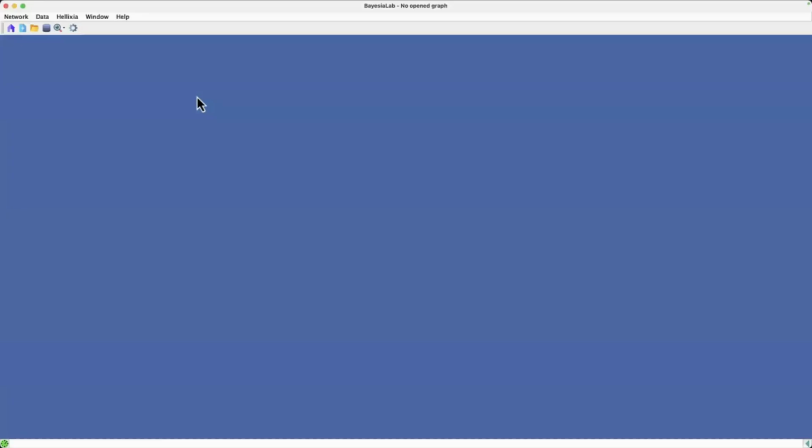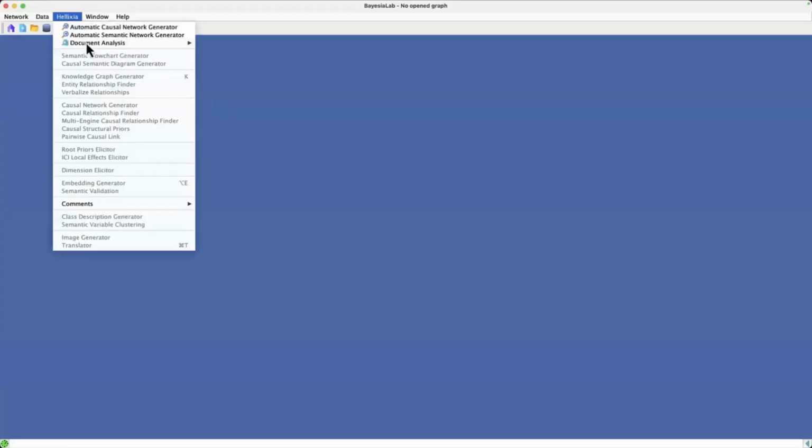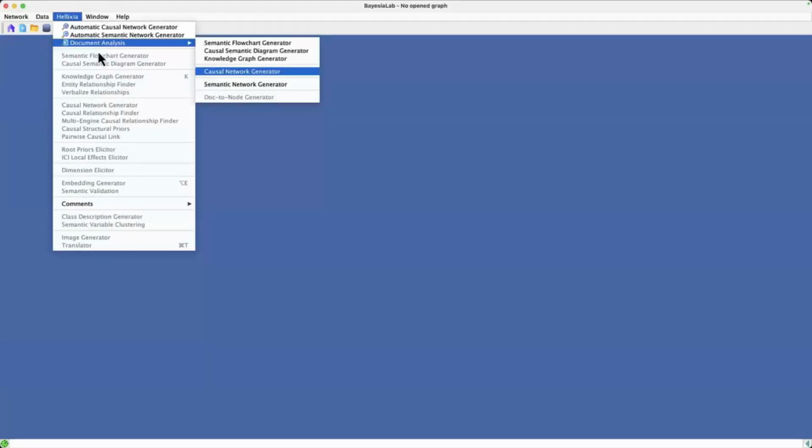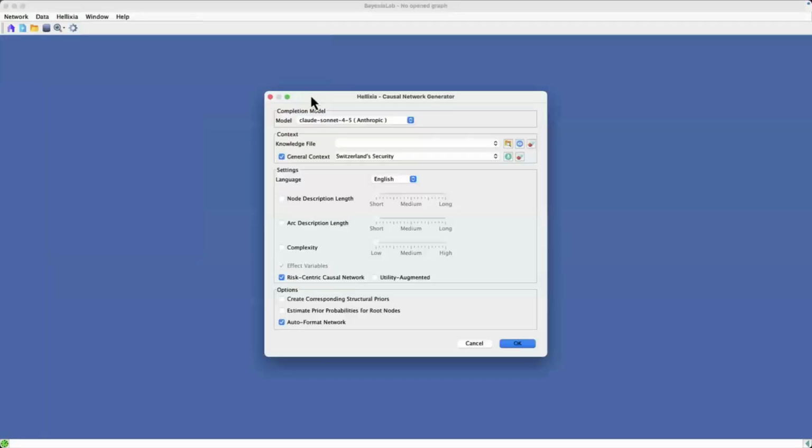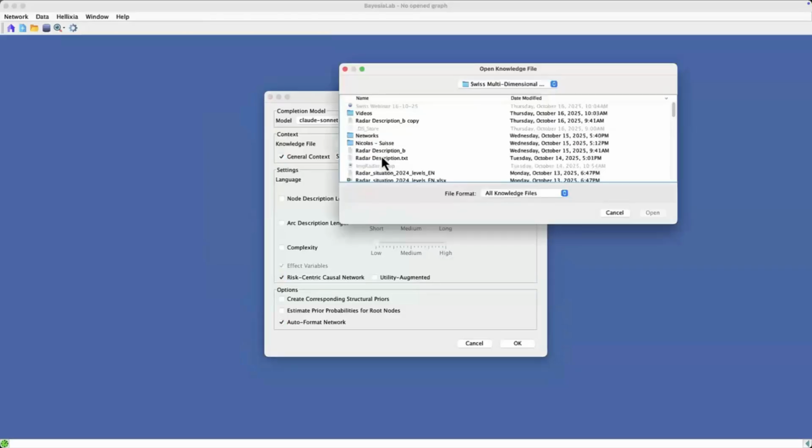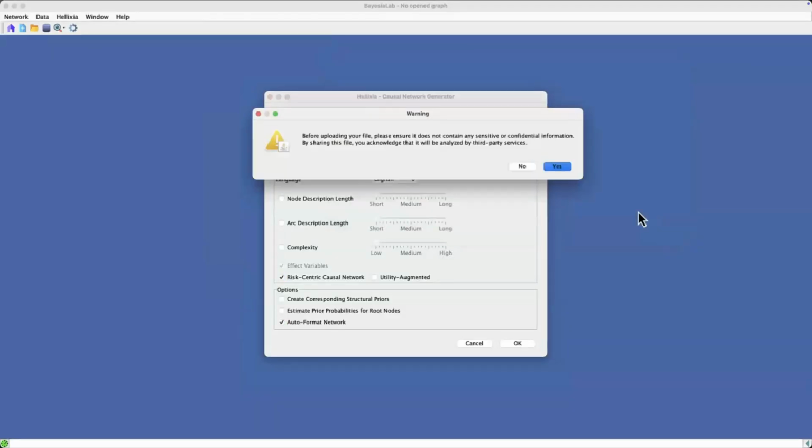So let's see how it works live. Now I go to the Helixia menu, go to document analysis, then causal network generator, same thing. I can choose my LLM. Then I open, I'm selecting my file. It's my text file. I have a warning as usual, because obviously you are not going to share sensitive information with the LLM here because it's a public one, but here it's public,